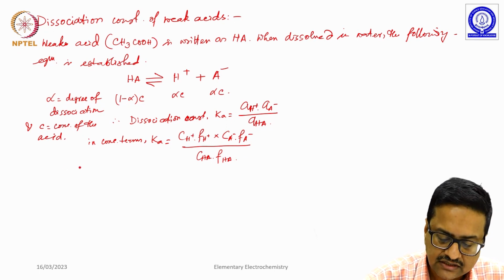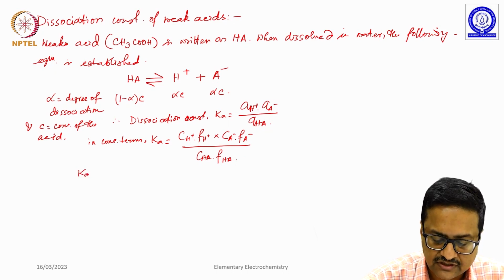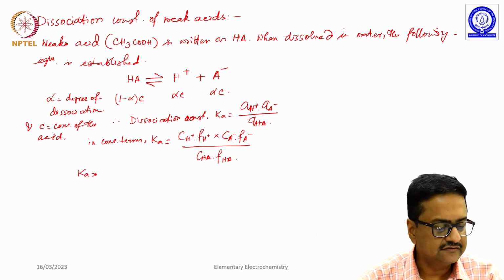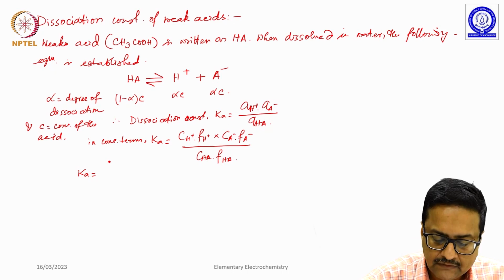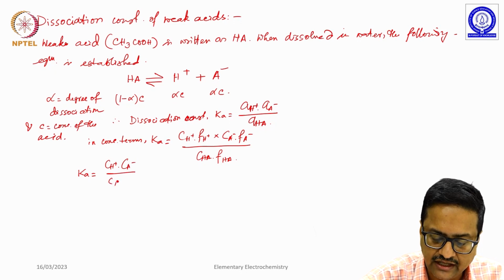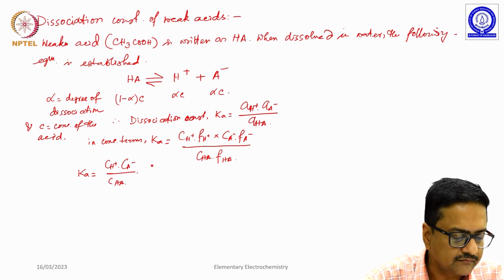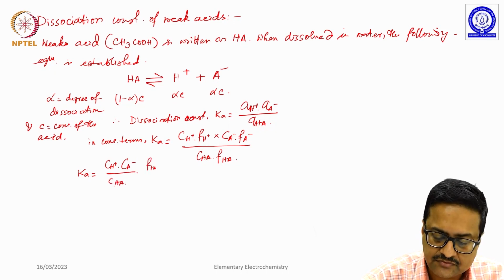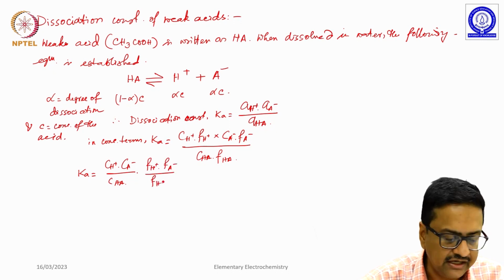So, one can further rearrange this expression for Ka as CH plus into CA minus divided by CHA into FH plus into FA minus divided by FHA,